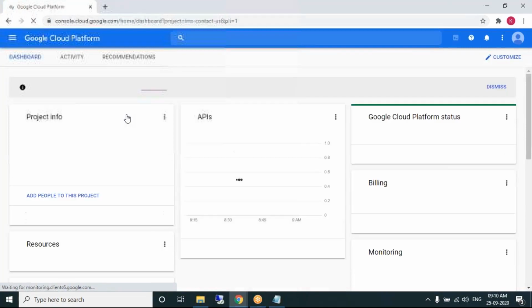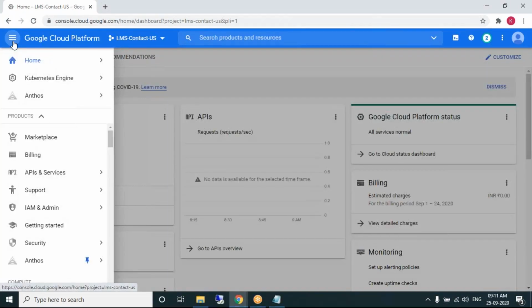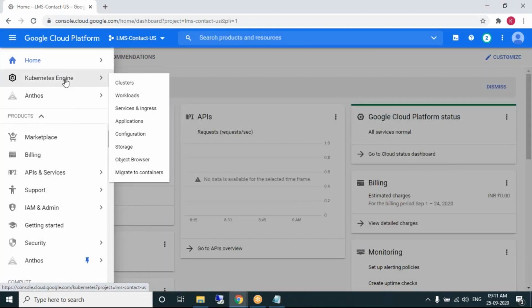What is the first step as part of working with Kubernetes? As we all know, we need to create a cluster first, isn't it? And what is the service involved to practice Kubernetes? The service involved is Kubernetes Engine, Google Kubernetes Engine.